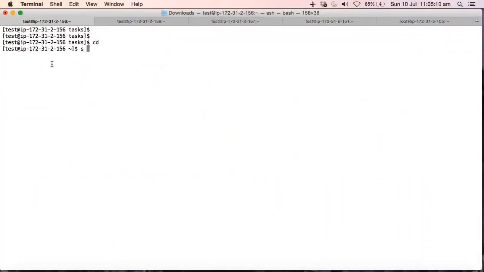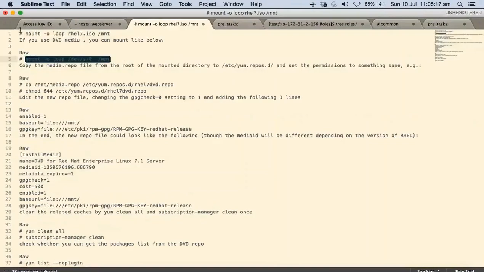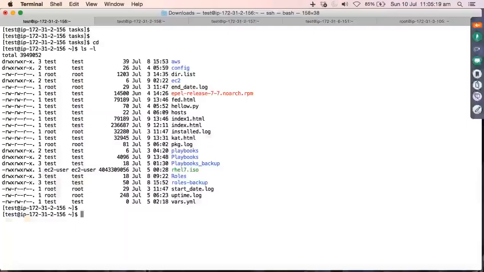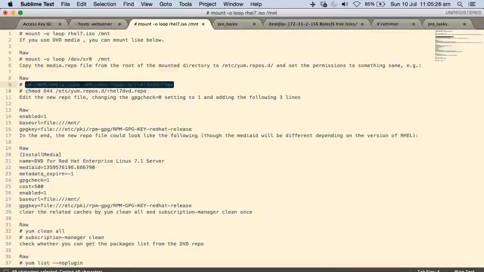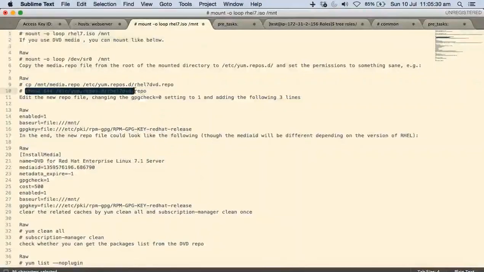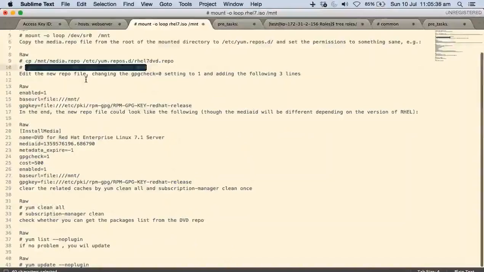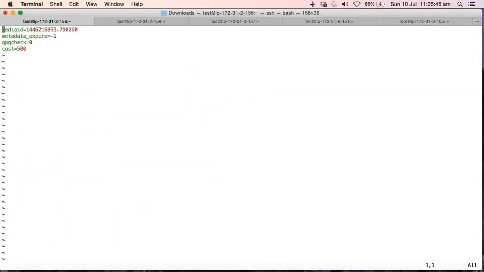So what I'm going to do is I'm going to perform the same steps here. I have a Red Hat 7 ISO. I'm going to mount it so that package management will be intact. I'm doing it on the master server now because the master server is also facing the problem as we did on the nodes. So just go to this particular file and vim into that. Make sure you're using sudo vim into that, delete everything, copy the data,